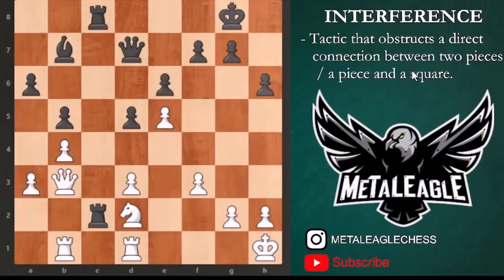Now, there will be times when, yes, the undefended piece cannot be trapped as in the previous example. But there will be times wherein the disconnector piece can use it as an opportunity to somehow penetrate into the opponent's camp or to a better square. Here, white played knight to c4, leaving black's rook on c2 undefended. Of course, we know what happens if this pawn will take this c4 knight, and this is going to be a free